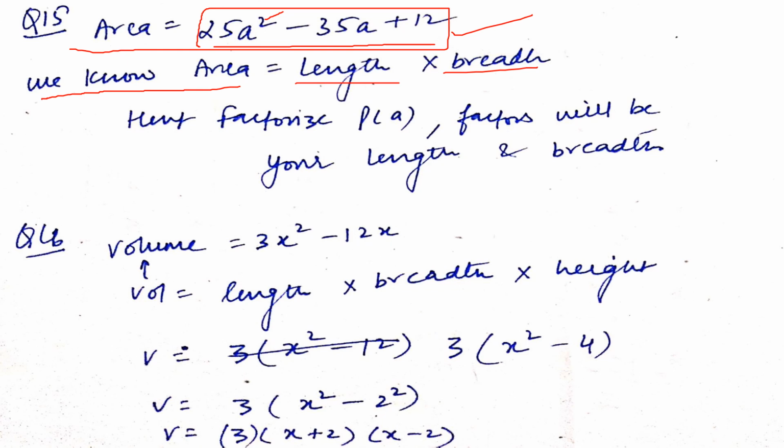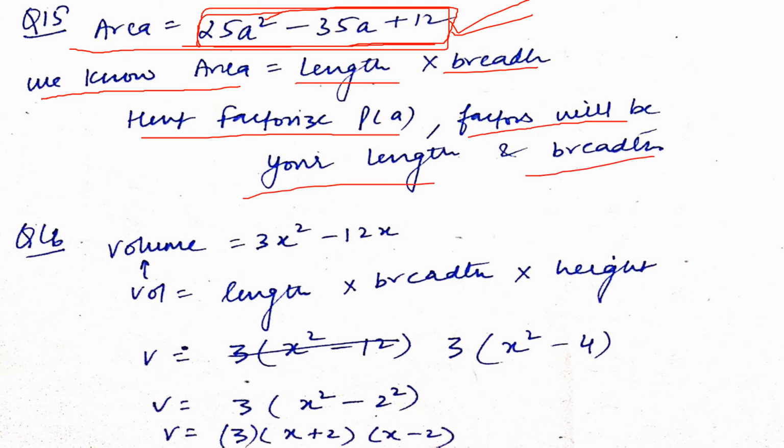Question wants us to find the length and breadth of this rectangle whose area is given to you. Very simple. If you factorize this expression, you will get two factors. Name any factor as length and the other factor as breadth. What is the issue? So it is very easy. What you have to do is factorize the area. And the factors will be taken as length and breadth. I hope you can factorize it very easily. It is your choice if you want to do it by factor theorem or normal middle term splitting. Okay, you will get the same answer in both cases. And you can take any factor as length and any factor as breadth.